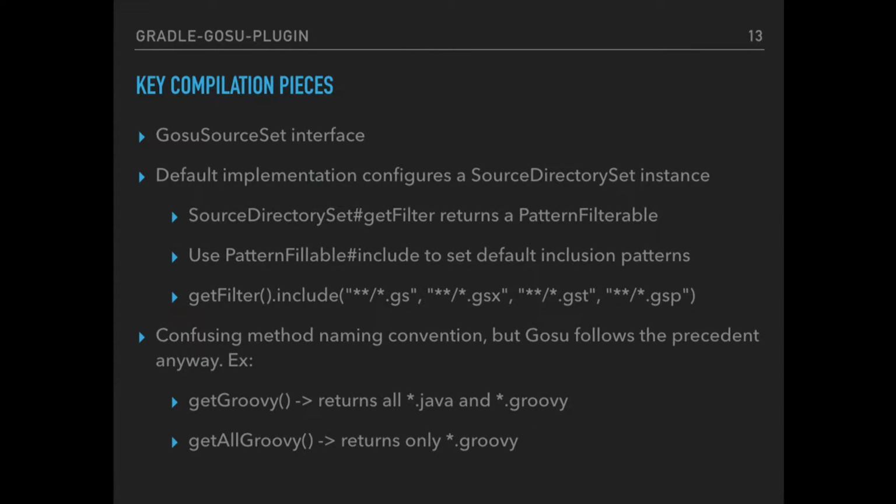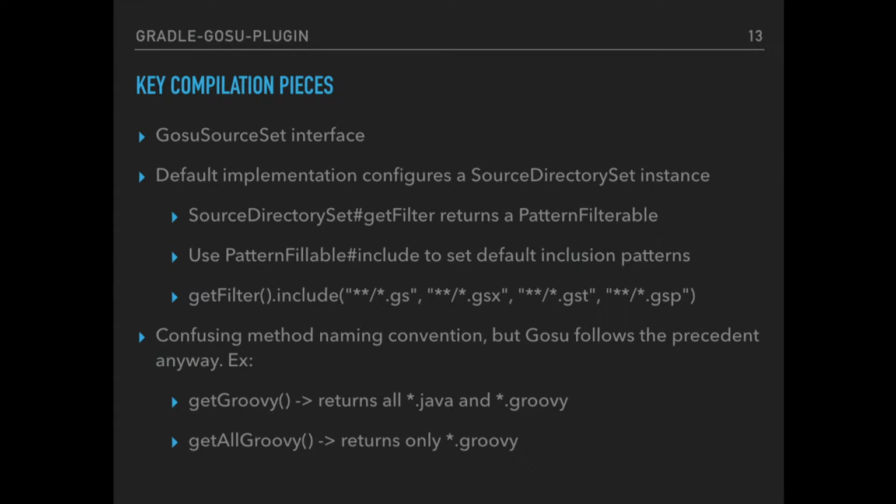Now, the source set interface. This is where we get into helping the compile tasks look on disk and figure out what files they need to include. The default implementation of the source set interface configures a source directory set instance. What is a source directory set? Well, it has a property called getFilter, which returns a pattern filterable. What is a pattern filterable? Well, this is where you set include and exclude ant file masks to determine what files you want to include